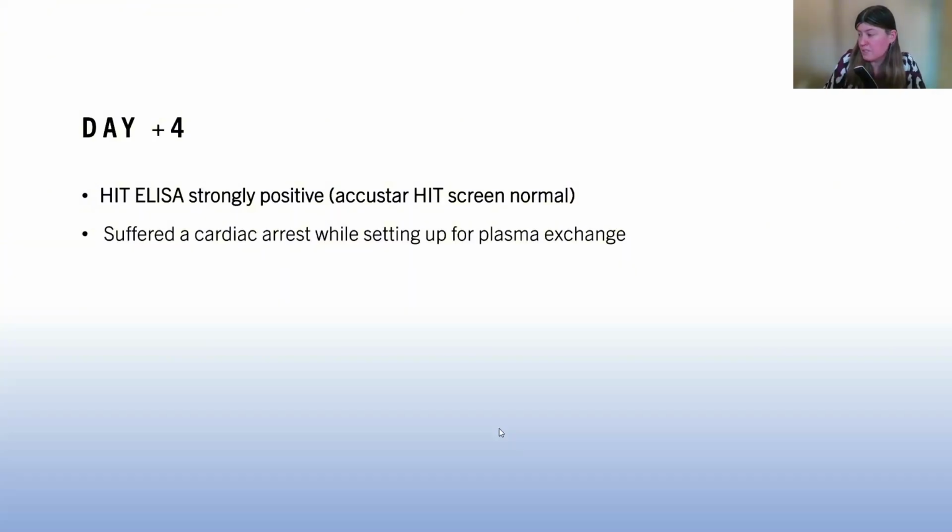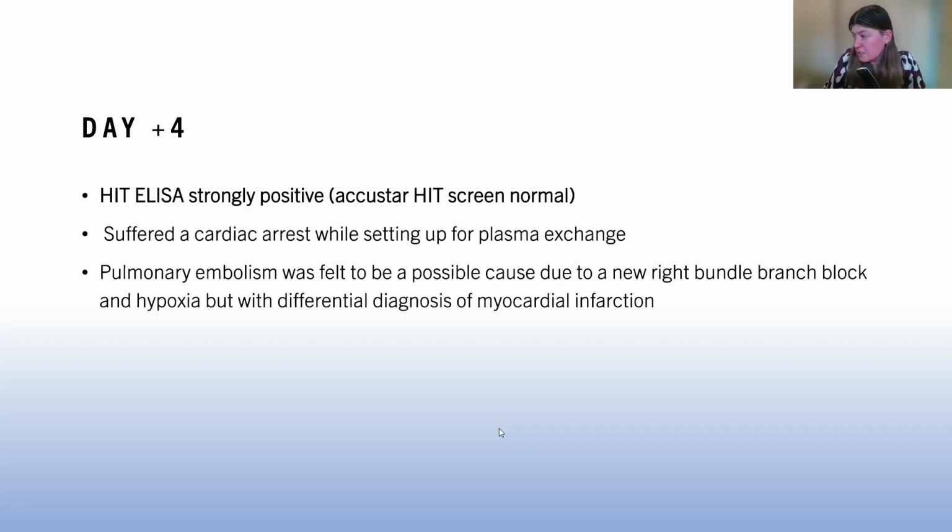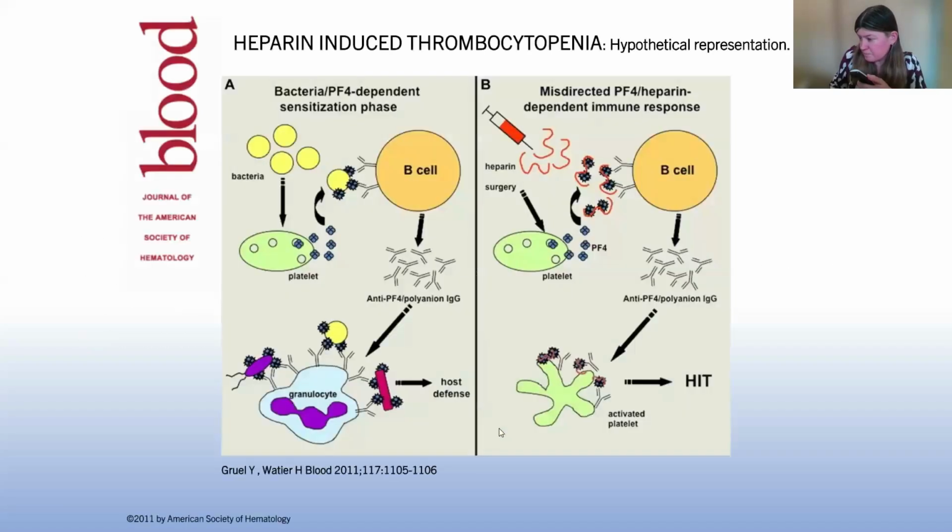And unfortunately, at that point, we decided that she should have plasma exchange because we suspected an autoimmune problem, but she had a cardiac arrest while that was being established, and ultimately died. There was a feeling that perhaps she'd had a PE, or perhaps there was myocardial ischemia that had caused this. So this lady, her husband has done a lot of awareness work since her death about peripartum deaths and about how we could have looked at this differently, and the fact that thrombocytopenia in the presence of a high D-dimer would make us think about this particular anti-PF4 condition in the future.